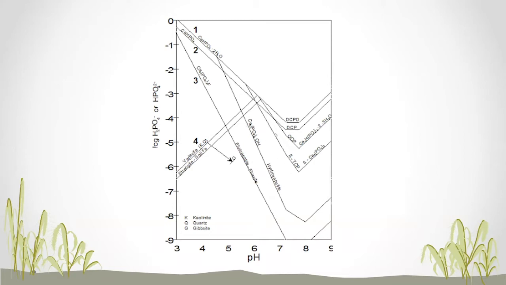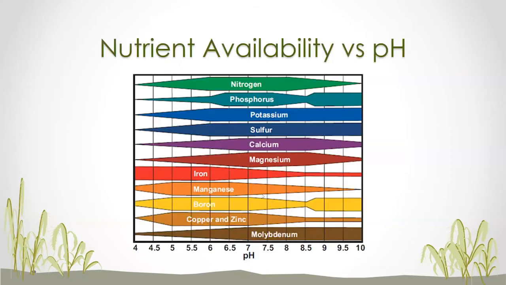And in our case, calcium phosphate is the form that begins to precipitate in our alkaline soils with high calcium in them. And it takes phosphorus, a very important nutrient element, out of solution and unavailable to the plant. And so as we get increasing pH, we see